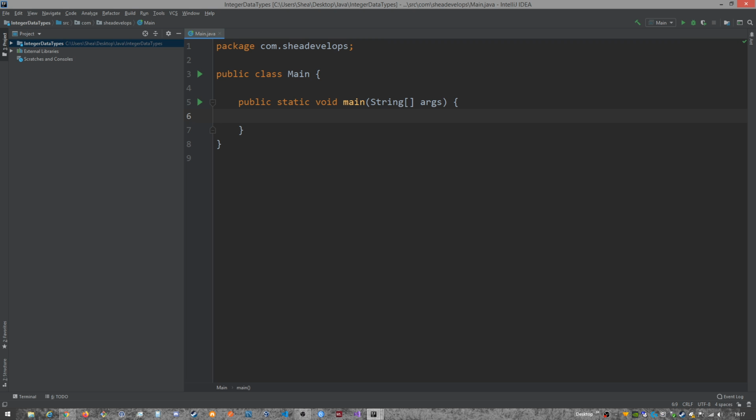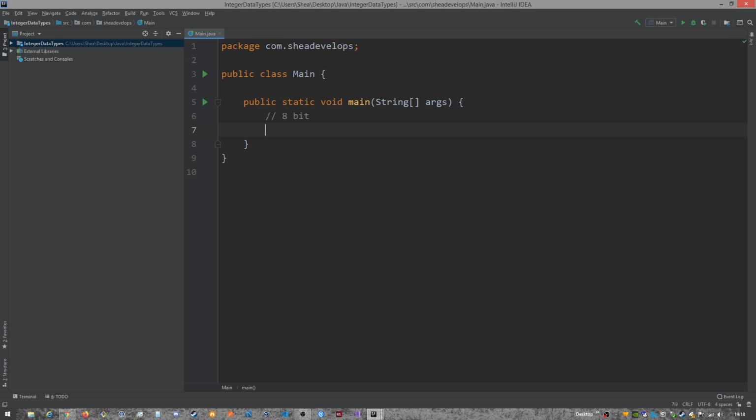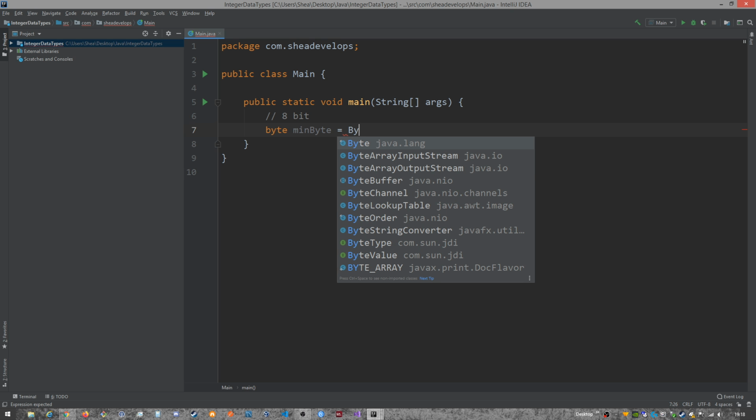So let's start out with the smallest data type. This is an 8-bit, which just means it stores 8 bits of data. Okay, so we're going byte. And let's talk about the minimum and maximum values of these. So we're going to declare and initialize a variable of type byte, and we're going to use